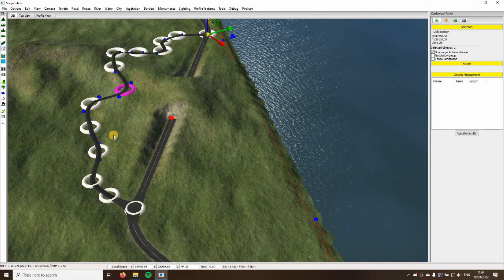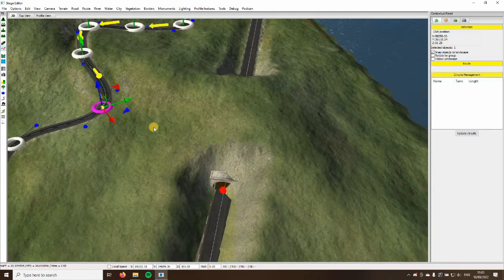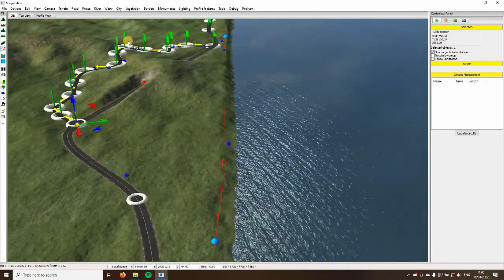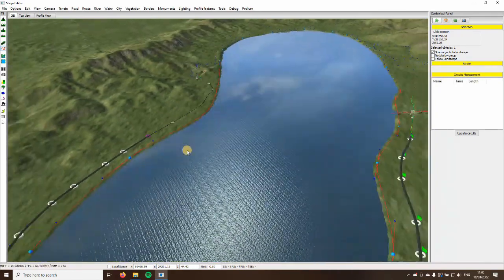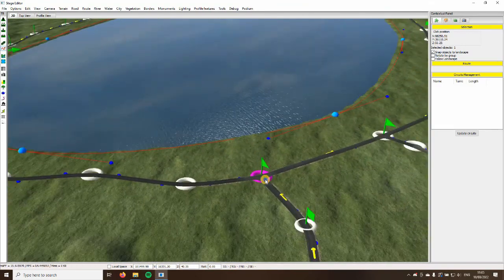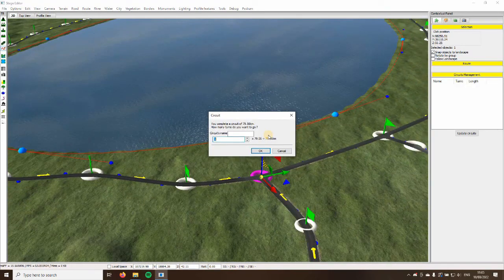Sometimes it just makes an error and makes no route. So I will make a halfway point right here, and now at the end, and now it will go over the hill, and then we just go to the next intersection and the next intersection, and we have a route. It's a circuit, and now you can choose how many laps you want to make your circuit. So I will choose 2 laps. You can give it a name,